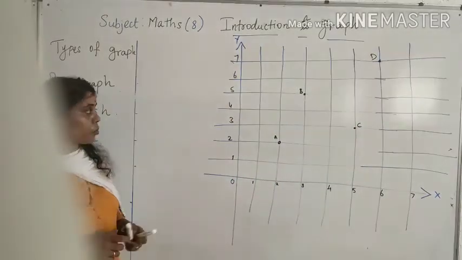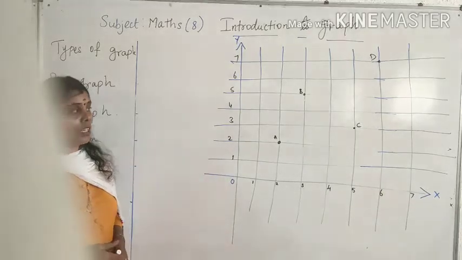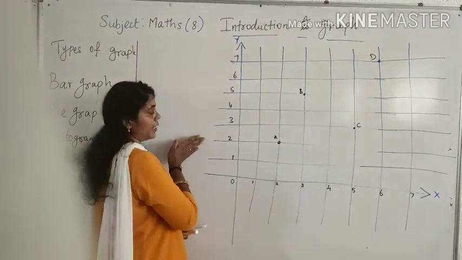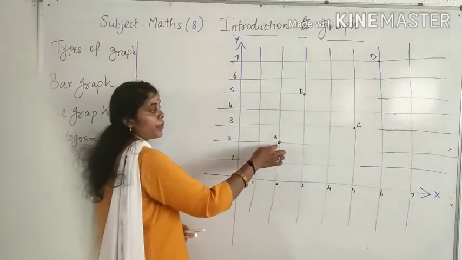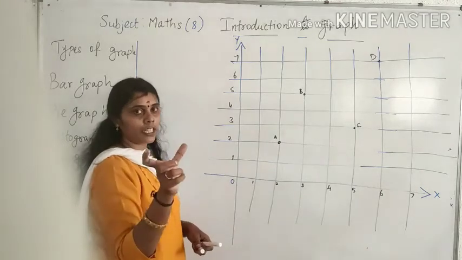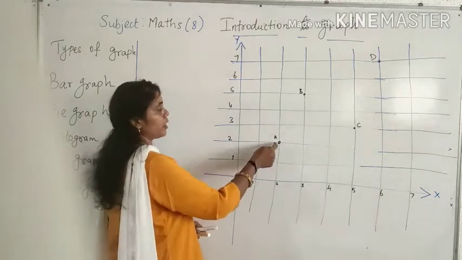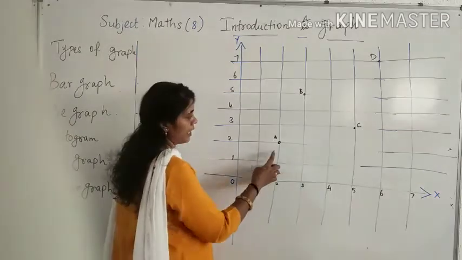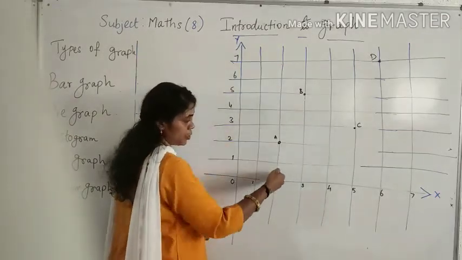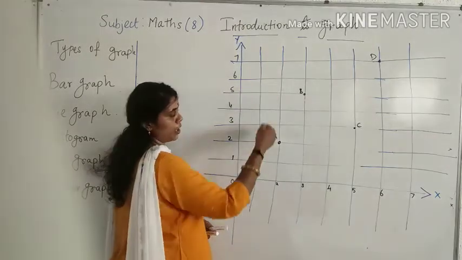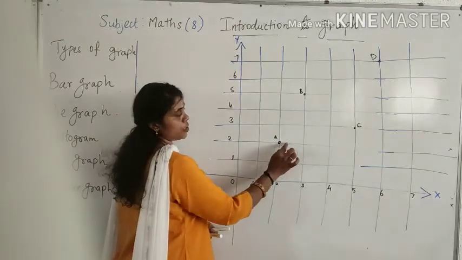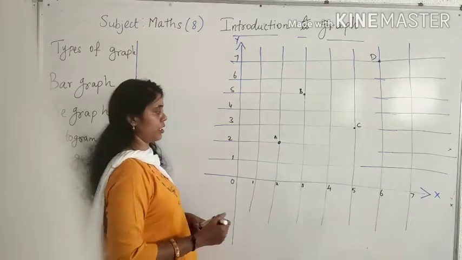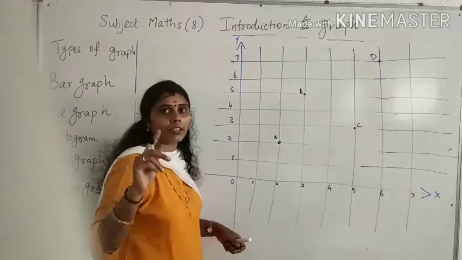How can you say the coordinates of this A? Where this line and this line meet, the X coordinate and the Y coordinate, that point is the XY coordinate for you, and you have to write the coordinates of that. So how can we write it? The line from where the Y coordinate is coming, you have to take that, and the line from where the X coordinate is coming, both will intersect here. This is the XY coordinate. First, always you have to write X only.